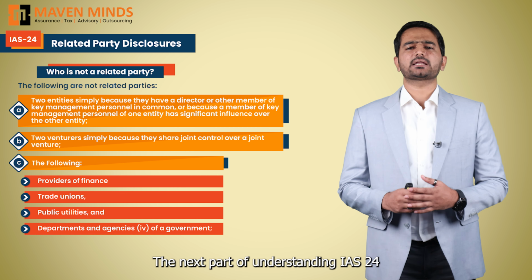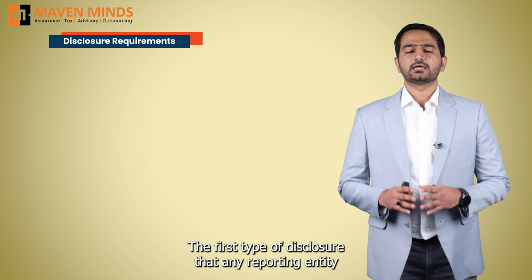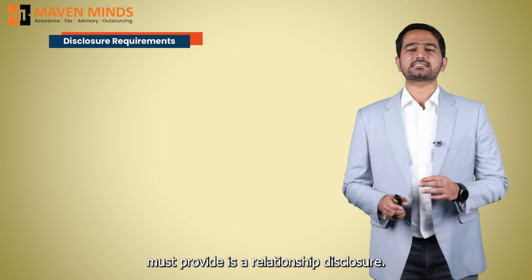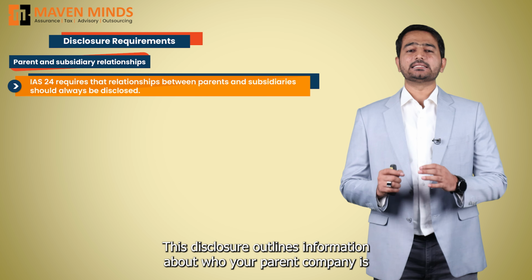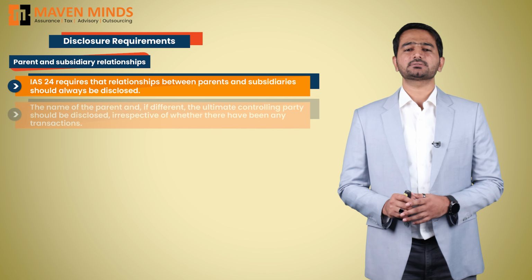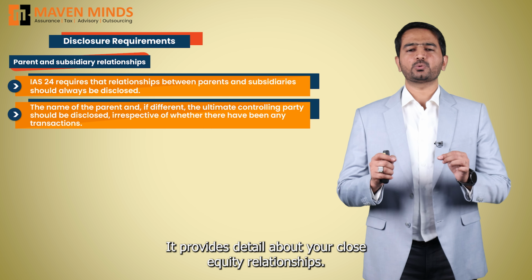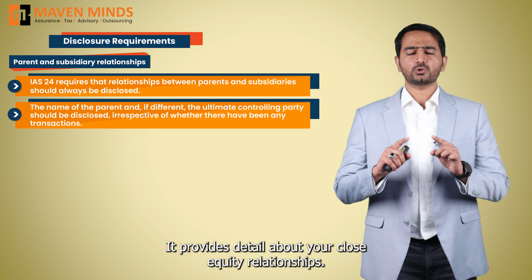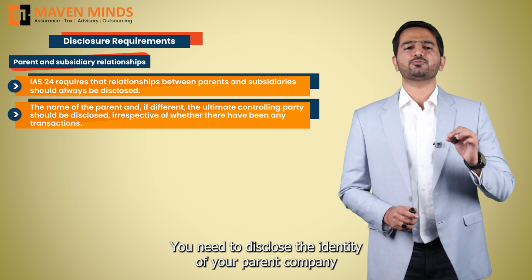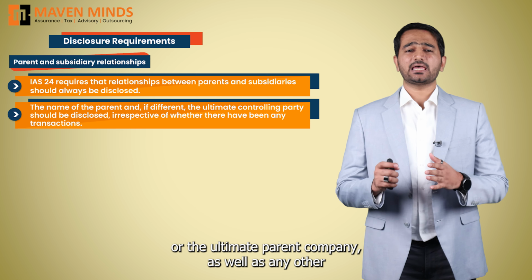The next part of understanding IAS 24 involves the disclosure requirements. The first type of disclosure that any reporting entity must provide is a relationship disclosure. This disclosure outlines information about who your parent company is or who your subsidiaries are. Essentially, it provides details about your close equity relationships. You need to disclose the identity of your parent company or the ultimate parent company as well as any other